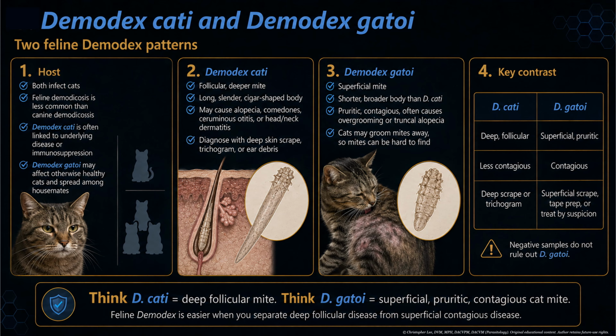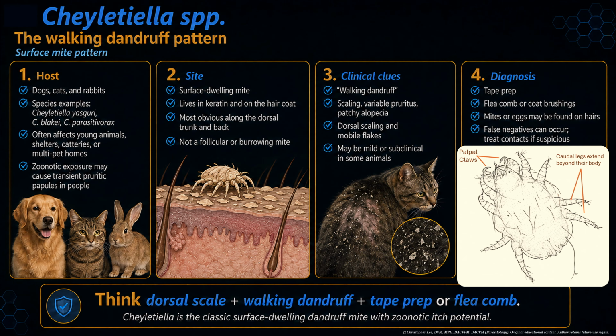Demodex cati is deep and follicular. Demodex gatoi is superficial, itchy, and contagious. Cheyletiella is the classic walking dandruff mite. Dogs, cats, and rabbits can be affected, and the pattern to remember is dorsal scaling, mobile flakes, variable pruritus, and